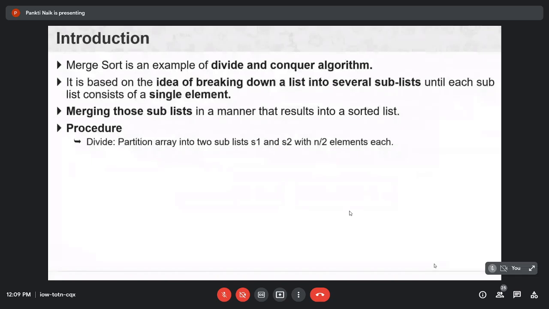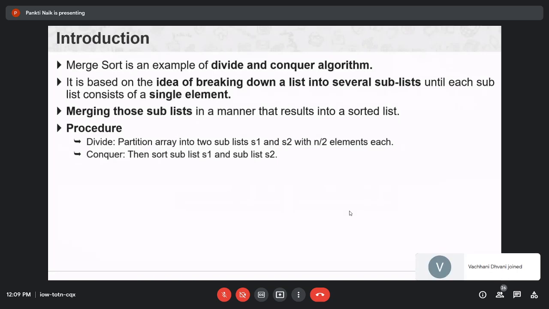Then the second step is conquer. So in the second step, it will sort sublists S1 and S2. Now, if sublists S1 and S2 have more than one element, then again repeat the division procedure. Again divide sublists S1 and S2 into two partitions.